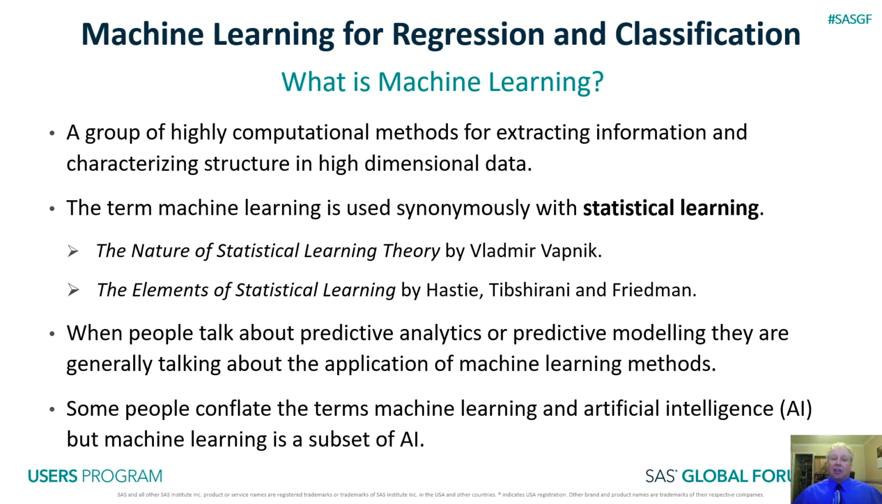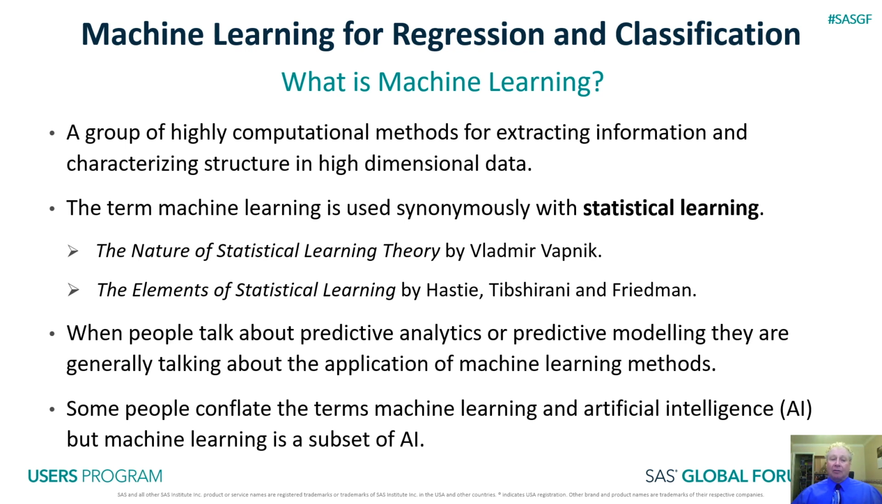The term statistical learning was first used by computer scientist Vladimir Vapnik as the title of his book, The Nature of Statistical Learning Theory, in 1995. Vapnik was the co-developer of the support vector machine methodology. The Elements of Statistical Learning by Hastie, Tibshirani, and Friedman has rapidly become the state-of-the-art textbook for